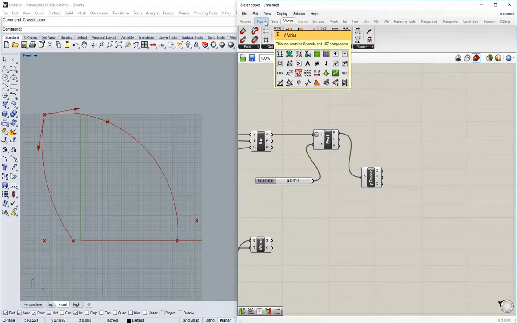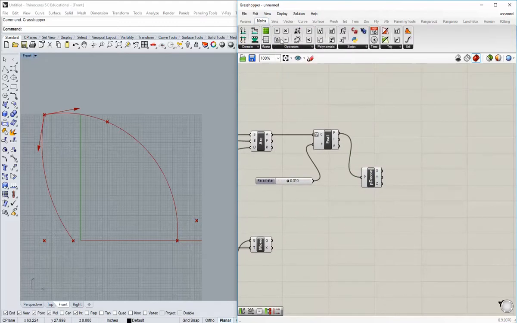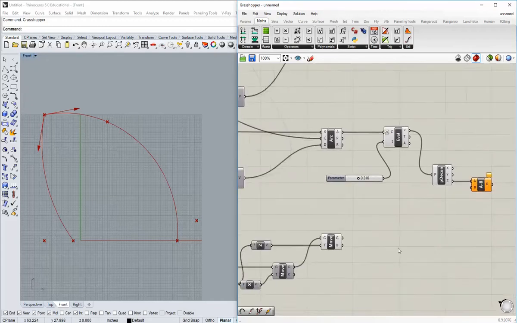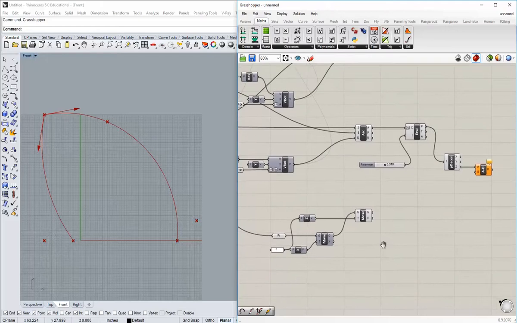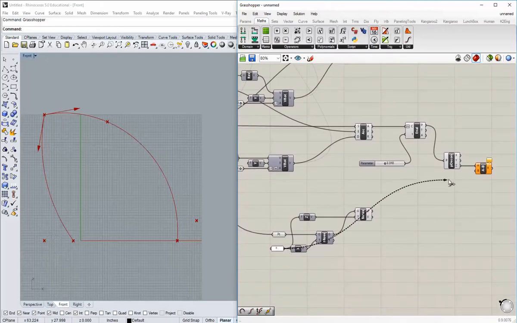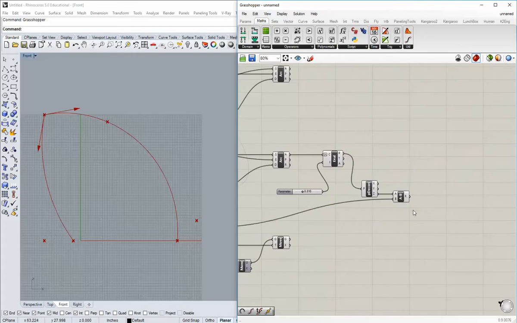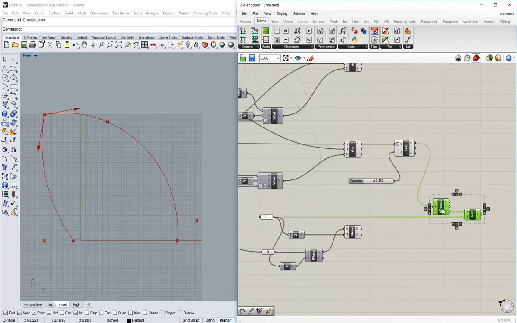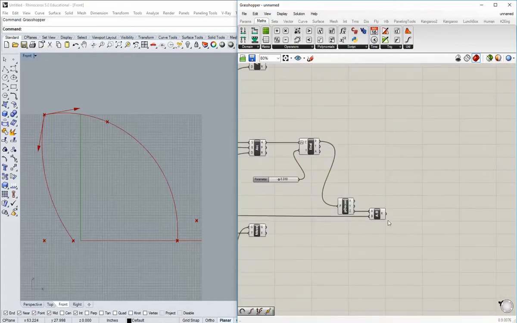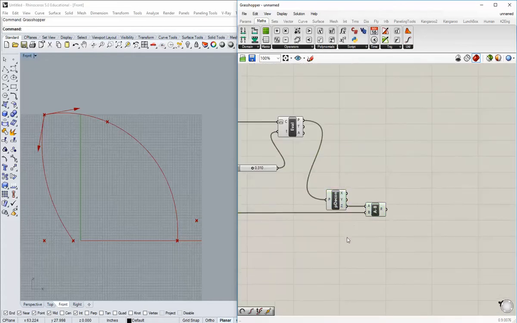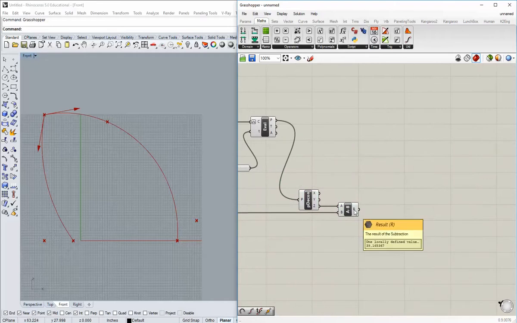And then I'm going to go over to the Maths tab and grab my subtraction component. I'm going to plug the z output into the top value. And then I'm going to use this panel of 8 that we used down here and put that into B, because I'm going to subtract that value. I'm just going to try to stay organized here. That looks a little bit more clean. I can read it later much more easily. And now I got a result of 39 point blah, blah, blah. Okay, that's fine. That's how far apart we are